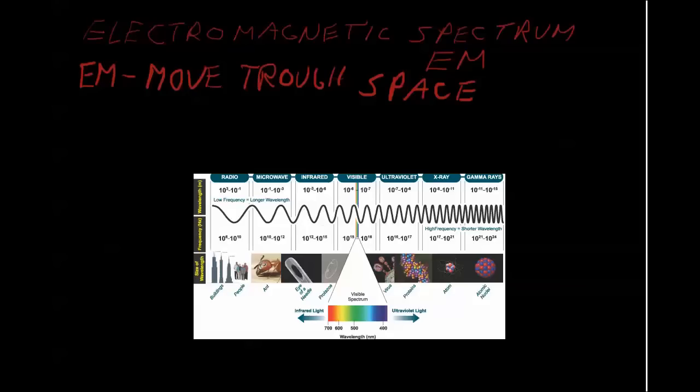And let's see if I can get it running right here. The electromagnetic spectrum, we got a picture of it right here. And you can see up here we have the different names for parts of it. Radio, microwave, infrared, visible, UV rays, X-rays, and gamma rays. In this line right here we have a wavelength from very, very long to like 10 to the minus 9th, 10 to the minus 15th, to very, very small.